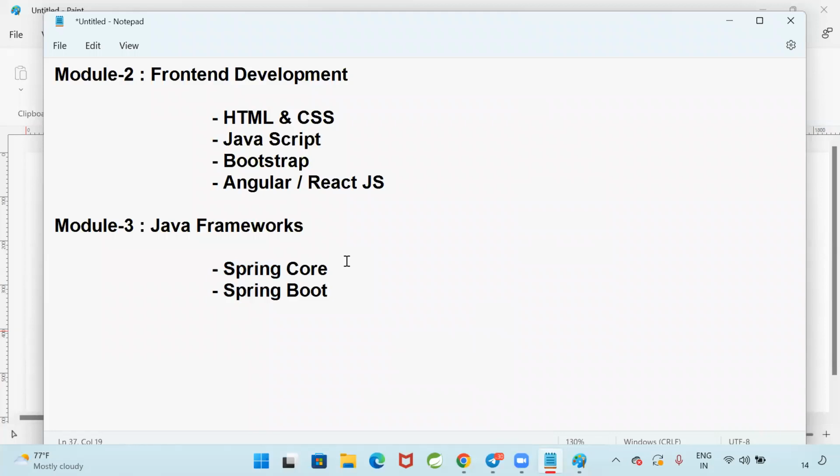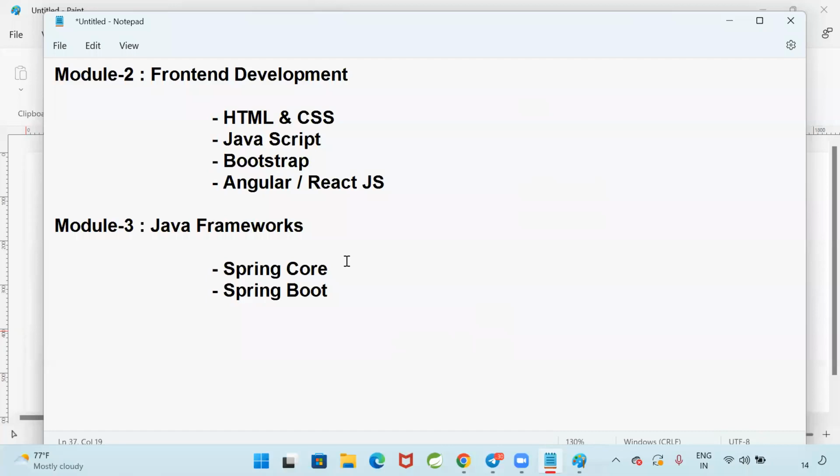The upgrade for the Spring framework is Spring Boot. Currently, Spring Boot is a hot cake in the market. If you keep Spring Boot in your resume, per day you will get 25 to 30 interview calls. That much demand is there for Spring Boot in the market.